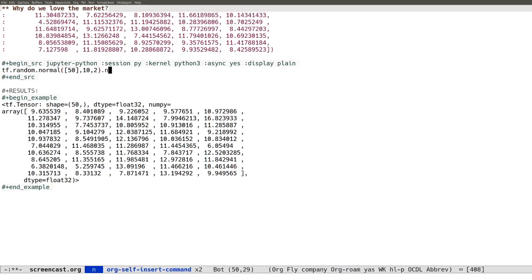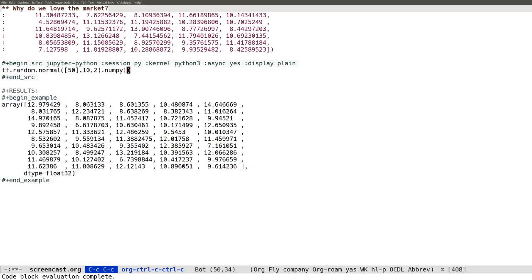So one way to get rid of this is to specify that we want to have the NumPy version of this array, and then it looks a bit better. Now actually what we need is we want to have this thing sorted. So we want to have a NumPy array, and we want this thing to be sorted,